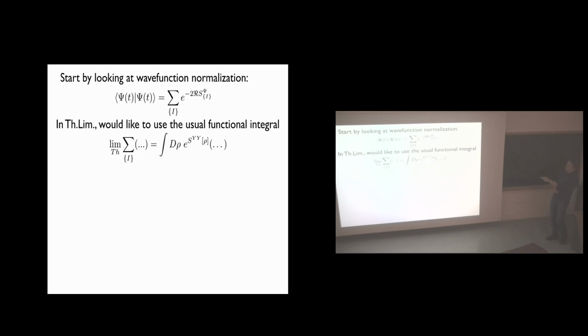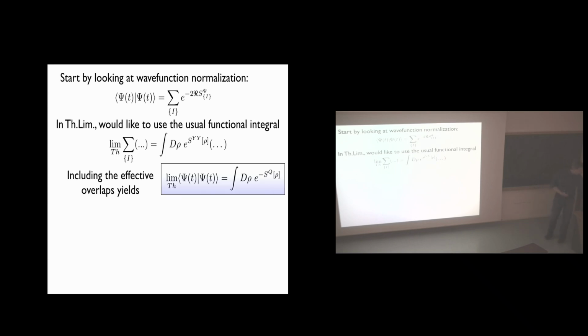It's just the fugacity, if you prefer, for this representation. And now I'm going to say, fine, the norm that I've got here in the thermodynamic limit is a functional integral over some beast here that carries the name quench action, okay, which is again the minus log of the overlaps with the entropy.